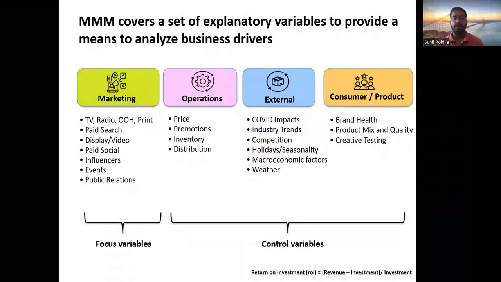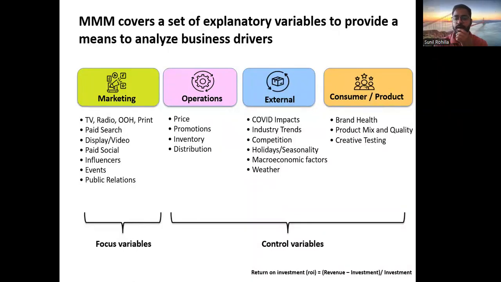To give you an example of how OOH marketing works, consider that you are going from city 1 to city 2, and there is a highway in between, and besides that highway, you can see large hoardings. And on bus stops also you can see large hoardings, and on the roads also there are large hoardings present. So those are called out of home. And fourth is print. Print means the magazines. When companies try to promote or advertise their product in magazines and newspapers, that falls under